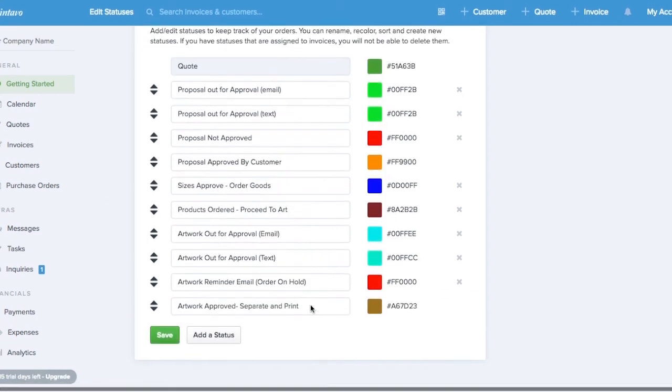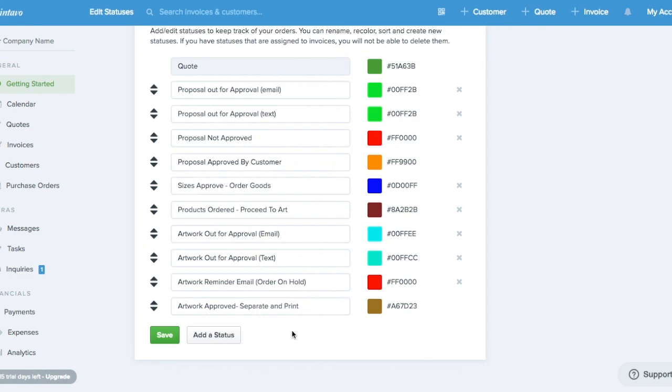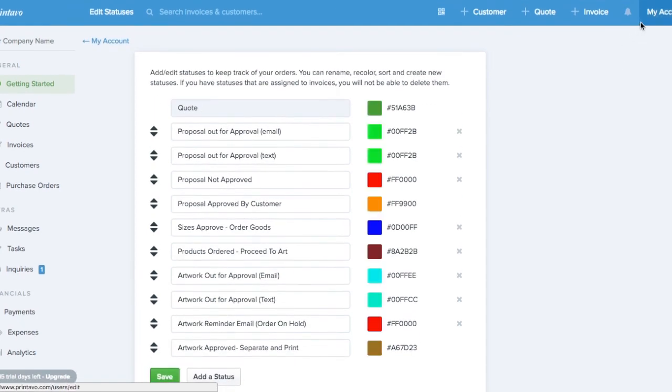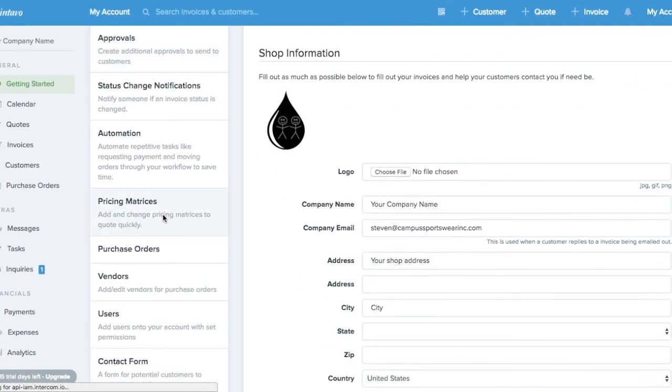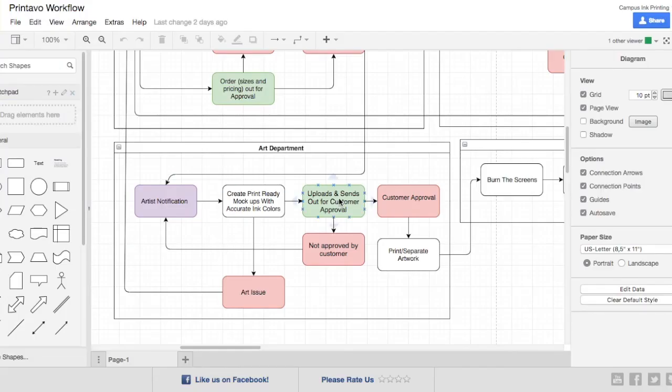So now your artist knows that they are ready to separate and print that artwork, and maybe that's another employee in the shop, or maybe that's your production manager. You can automate that so they can get a different message when that happens. Now we have created a customer approval, a notification to print and separate the artwork, or we can create a